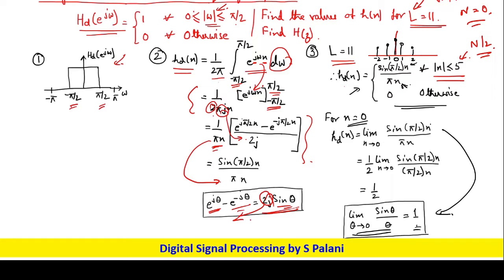So if you see sin of pi by 2 n divided by pi n, it is given, but in the theta we are having pi by 2, so we have to multiply and divide the denominator by 2. Okay, so if you take this, half comes out, and we get limit n tending to 0 of sin of pi by 2 n divided by pi by 2 n. So this fraction, just now we have seen that it is 1, and we get half. Okay,